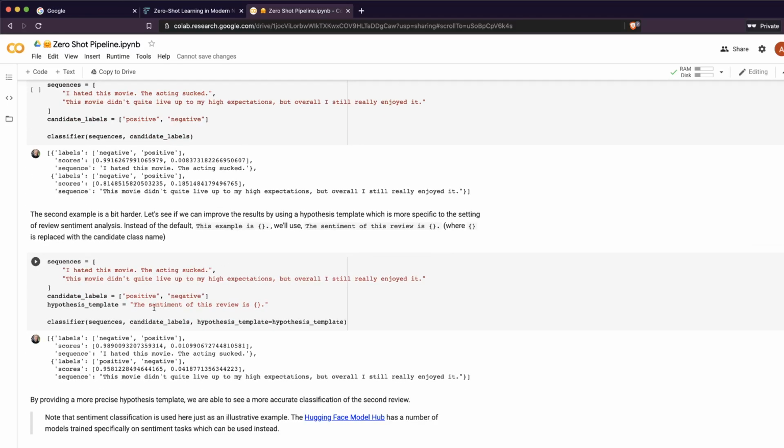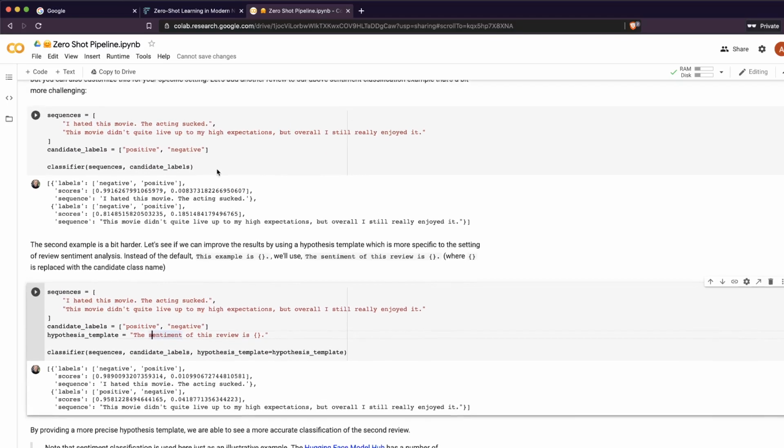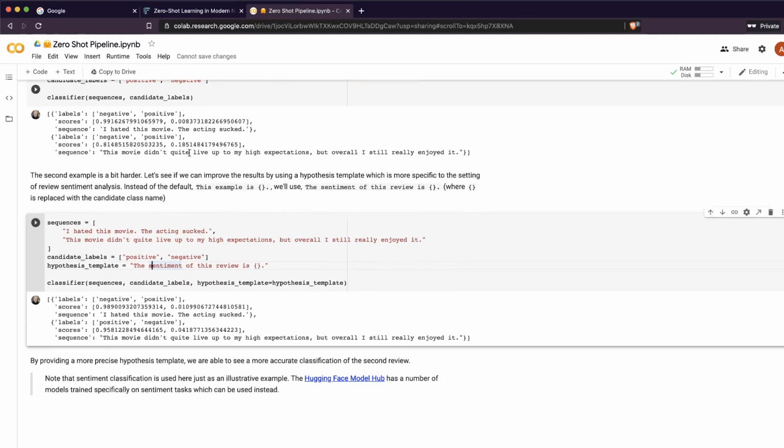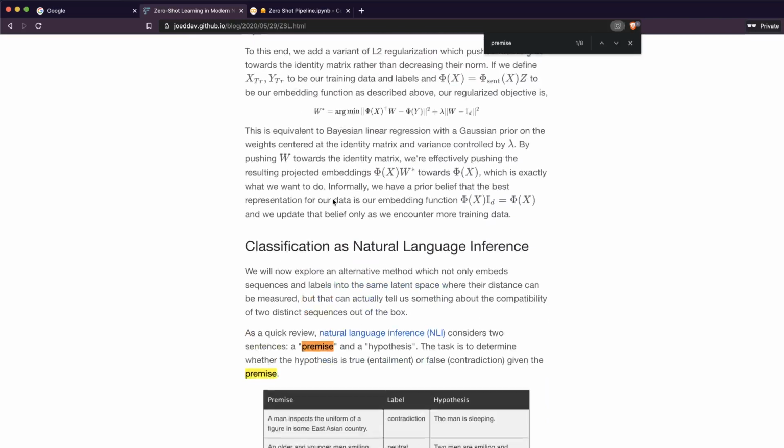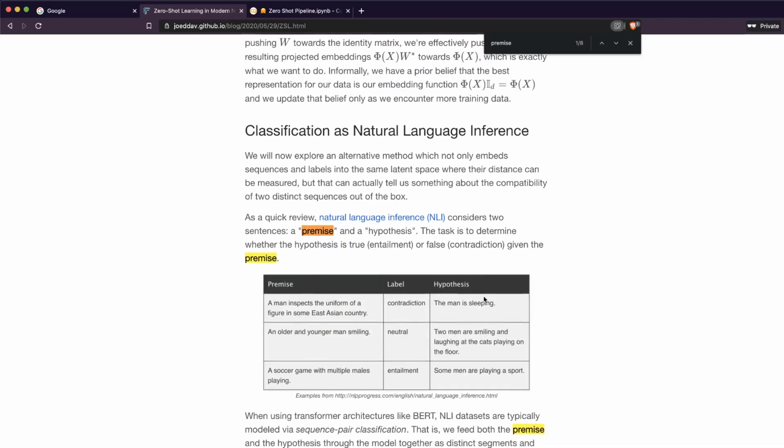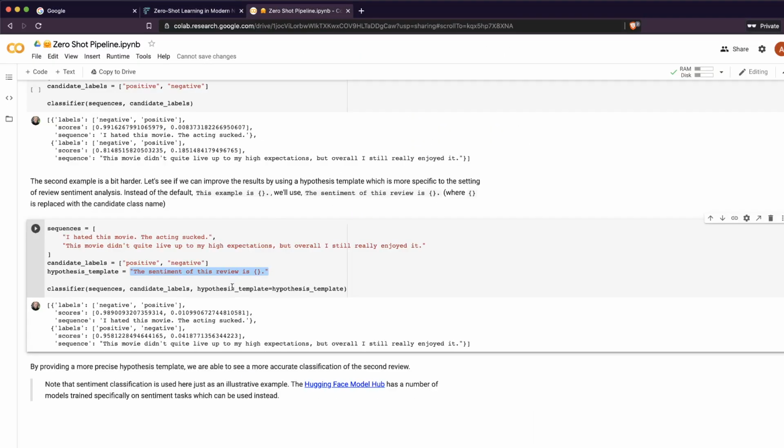Instead of just using the default hypothesis template, you can tell the model that you're looking for sentiment. When you give this as the hypothesis, the model is trying to link the premise with the hypothesis, and it will understand that whatever positive or negative we are talking about is actually sentiment, not something else.